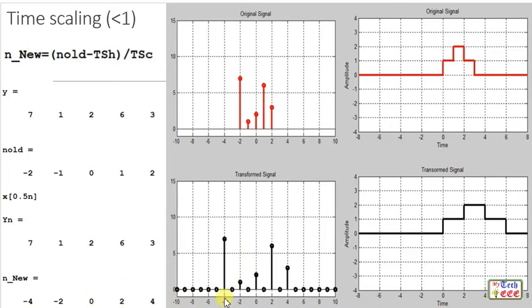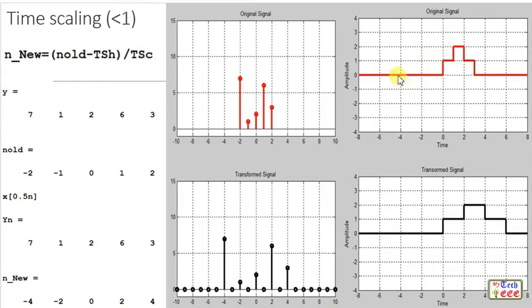So here we can see the samples available at -4, -2, 0, 2 and 4, and the intermediate samples at n equal to -1 and n equal to -3, similarly at n equal to 1 and 3, should be interpolated with zeros. So this process is called elaboration or interpolation or upsampling of the discrete sequence.